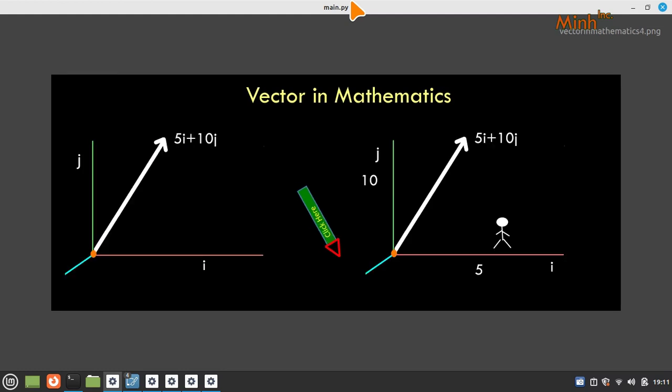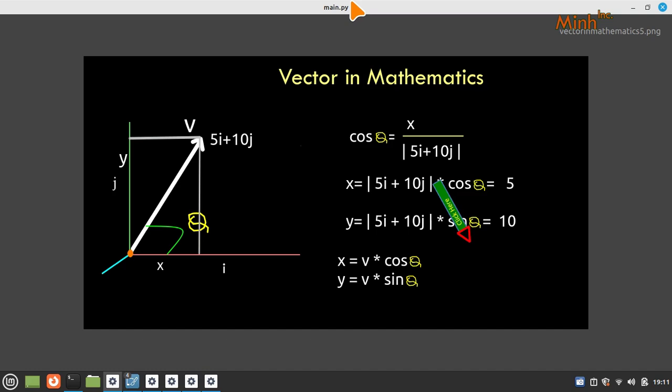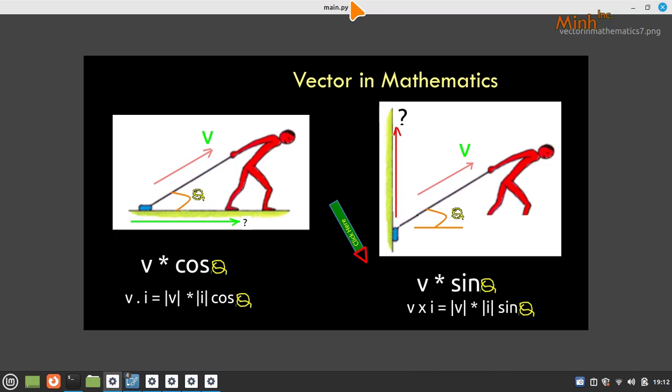If the energy source is moving in this direction, a person standing on the x-axis, how much energy should he feel he is receiving? That would be cos theta. And how much should someone standing on the y-axis feel? That is sin theta. In the same way, how much work is done when the workload has to move only in the x direction? That is cos theta, that is the scalar product. How much work is done when it has to move in the vertical direction? That is sin theta, and that is